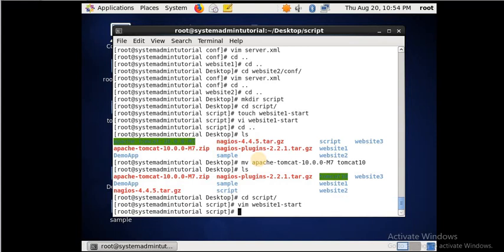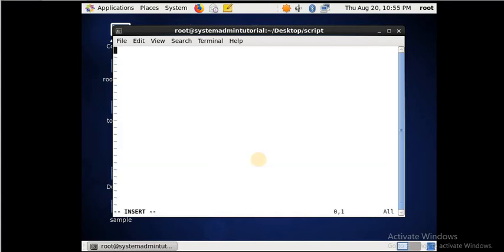The same process we will do for the other two websites, so that we can start all these. Here the same script parameter will be used: bin slash bash.